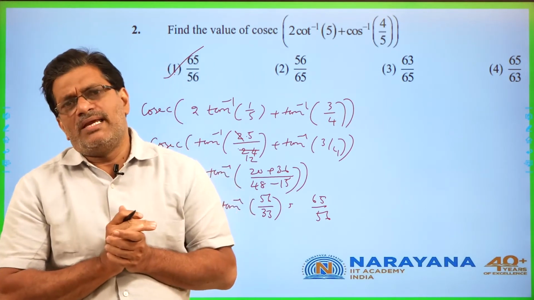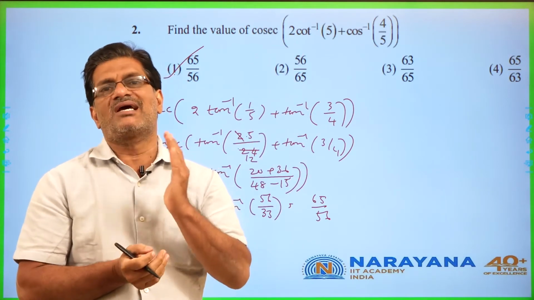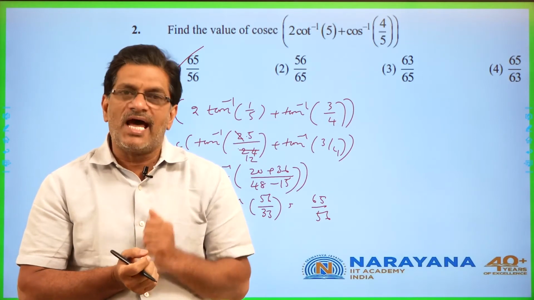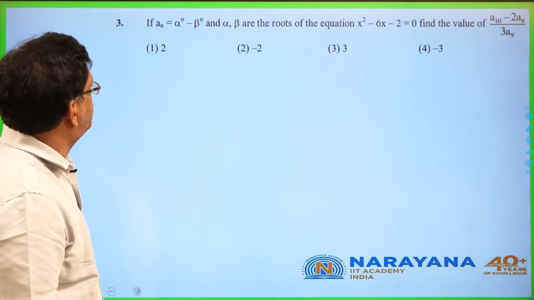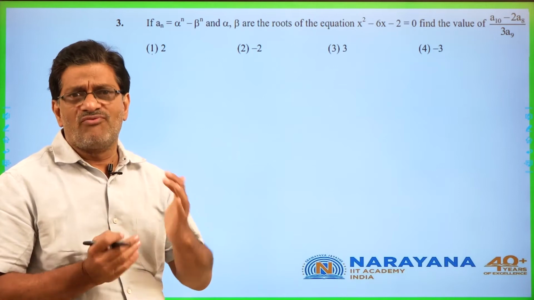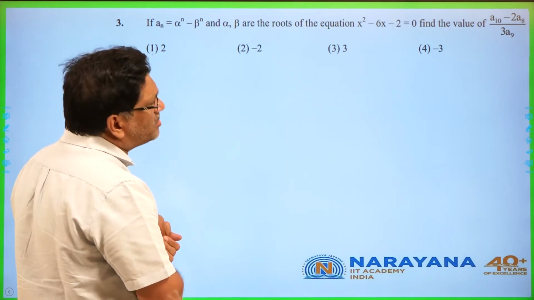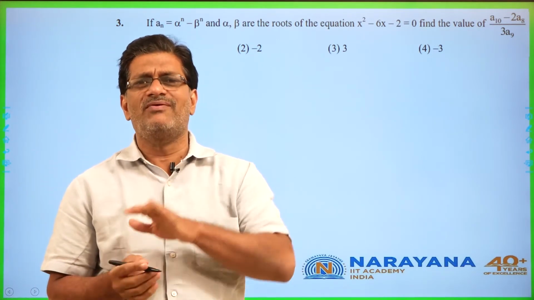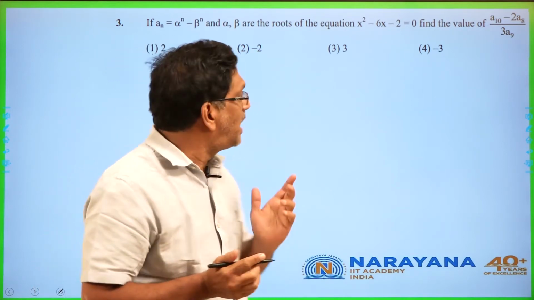So whenever there is an inverse trigonometric function, particularly this type of problem, please convert in terms of tan inverse and easily you can apply tan concepts. Let us go to the next question. It is a simple question from quadratic. This type of question, 2-3 times so far they have given. So alpha, beta are the roots. Generally students will commit a small mistake: whenever roots are mentioned, immediately they will write sum of the roots, product of the roots, which is not required in so many cases like this.